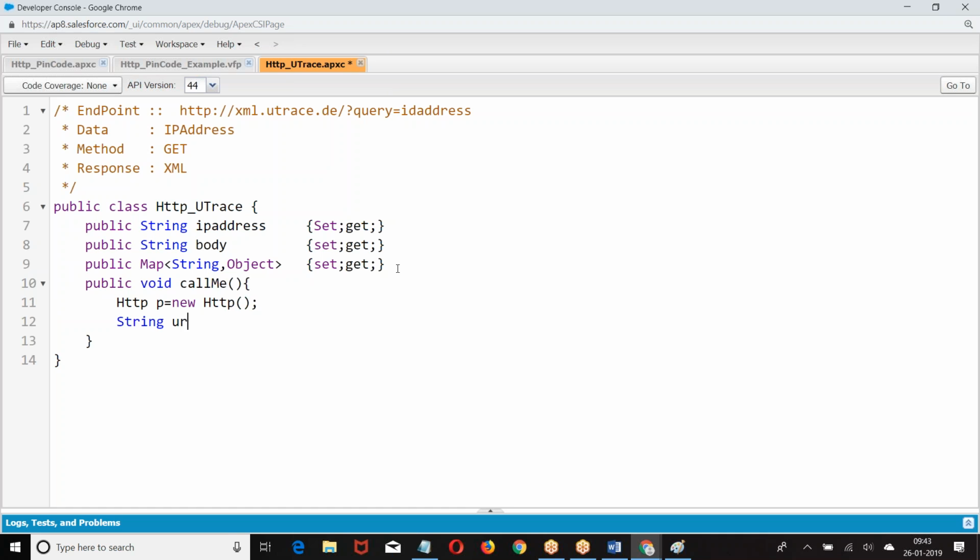First of all, string URL. This is the URL which they have given, with the IP address.